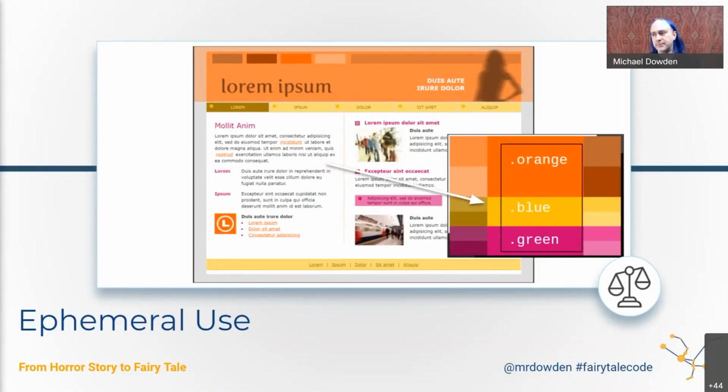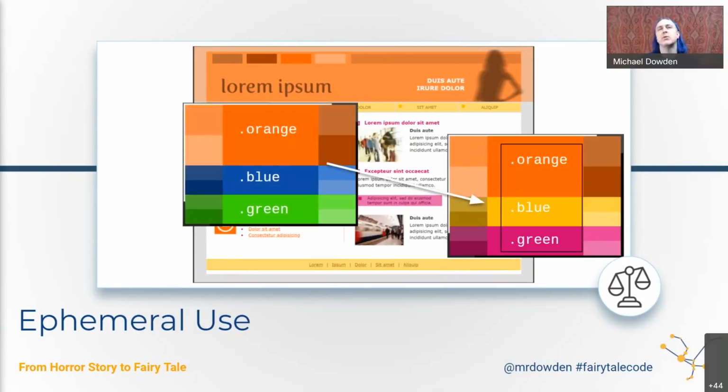That's the problem. So we have a .orange class to represent orange, but we have a .blue class to represent yellow and a .green class to represent purple. What in the world happened? Well, what happened is that when we originally set up these color palettes, blue did represent blue and green did